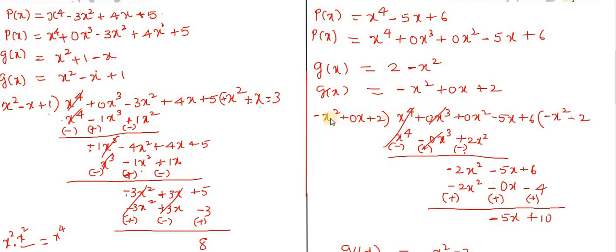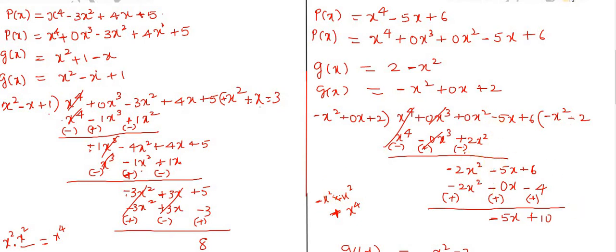If we simplify, we know that our aim is to make the first term 0. Here minus x square is there. What should we multiply to make this minus x square as plus x to the power of 4? Yes, it is nothing but minus x square. Why? Because minus x square times minus x square, minus into minus is plus, x power 2 into x power 2 is nothing but x to the power of 4. So that's why we need to multiply this. Have you understood? So the remaining steps are the same.